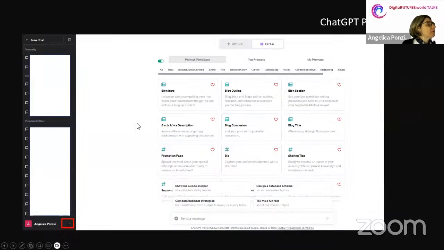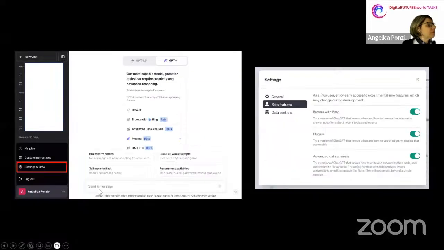But okay, so when you get into ChatGPT, if you have ChatGPT Plus and you go into your account, you're going to see these three dots, and you can open it. The free version of ChatGPT is just GPT-3.5, and the Plus gets you into ChatGPT 4. Once you click on those dots, you're going to end up with this